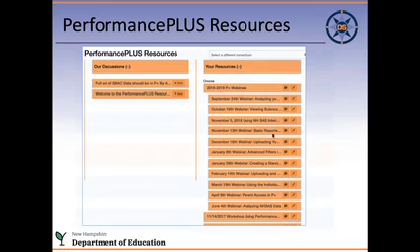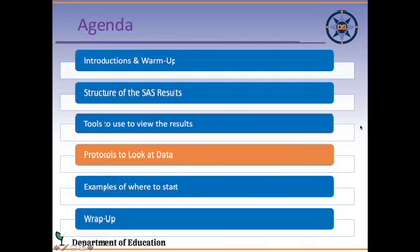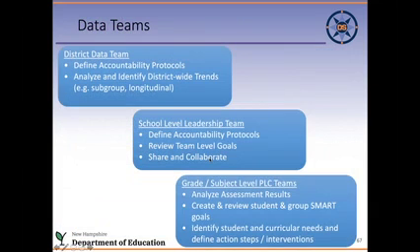And if you can access the handouts on the webinar, you can also get these protocols to use while you're looking at data. Different data teams will look at different types of data. And this is just very general because the district data teams can look at any data they want to, schools can look at any data they want to, and grade levels can look at any data they want to. But districts might look at school-wide trends or even district-wide trends for subjects, for absenteeism, for graduation, for things like that. Leadership teams